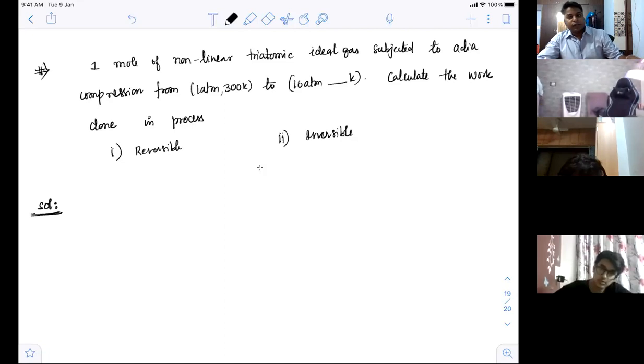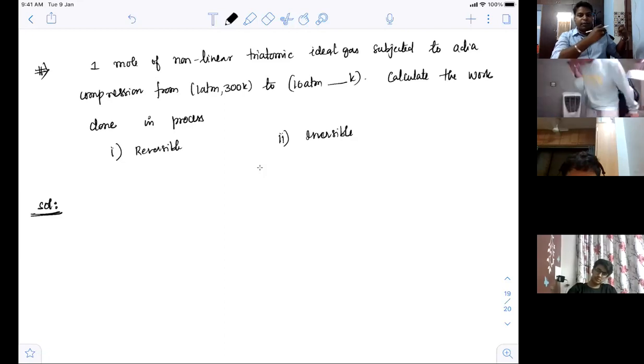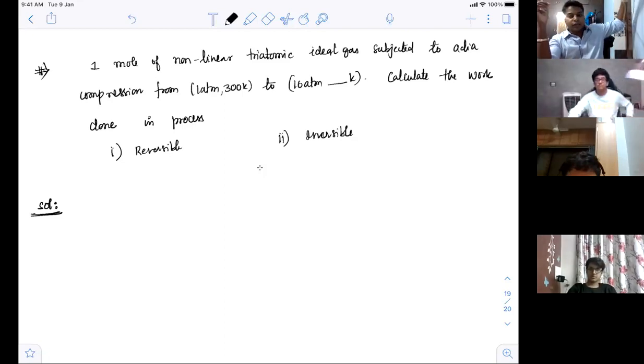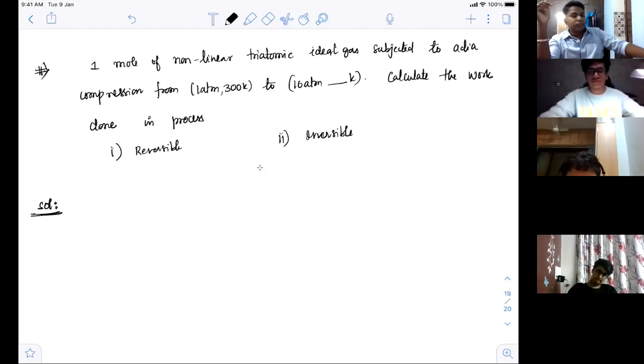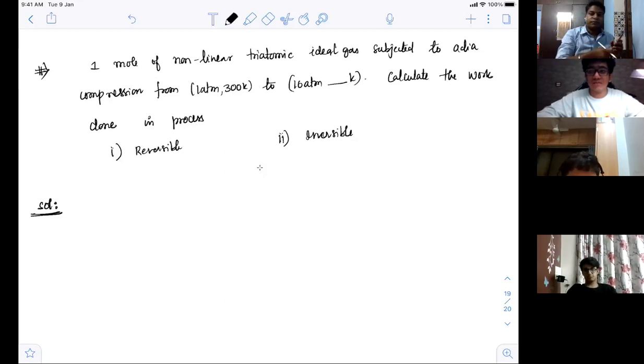Think about it, guys. If it is reversible, what should we do? If it is irreversible, what should we do? If it is reversible, we can apply the formula directly, right? So try to apply the formula since it is reversible. What is the formula? आपको लिखा है मैंने pressure and temperature related formula. For that, we just need a gamma value, right? Tell me about the gamma value.